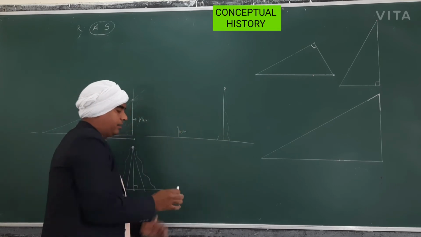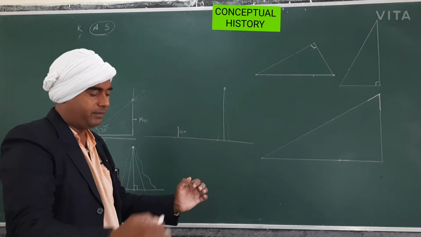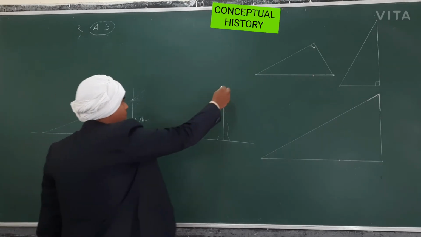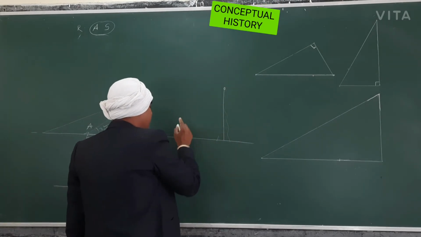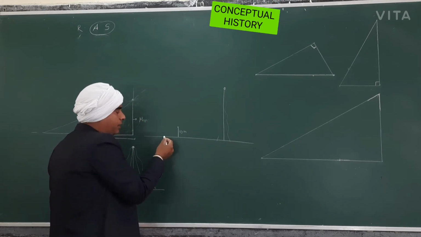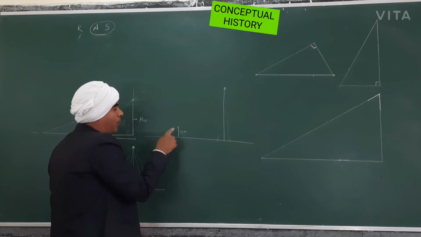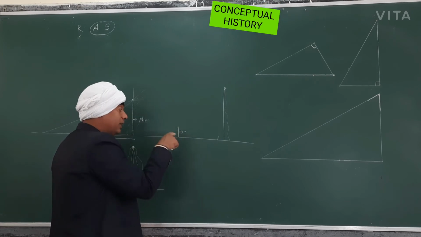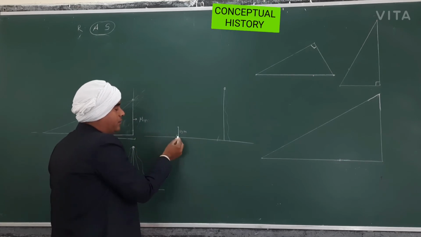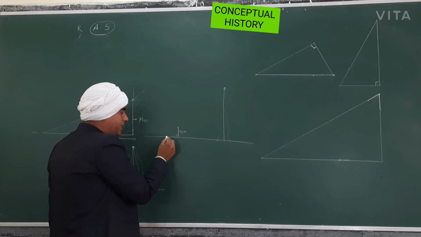It may be here and here, 3D, but it is appearing to be here. So when the sun was shining, he was measuring the length of the shadow of this pole, whose height he knows is 10 meter, and it is standing at 90 degree. So when the shadow was 10 meter,